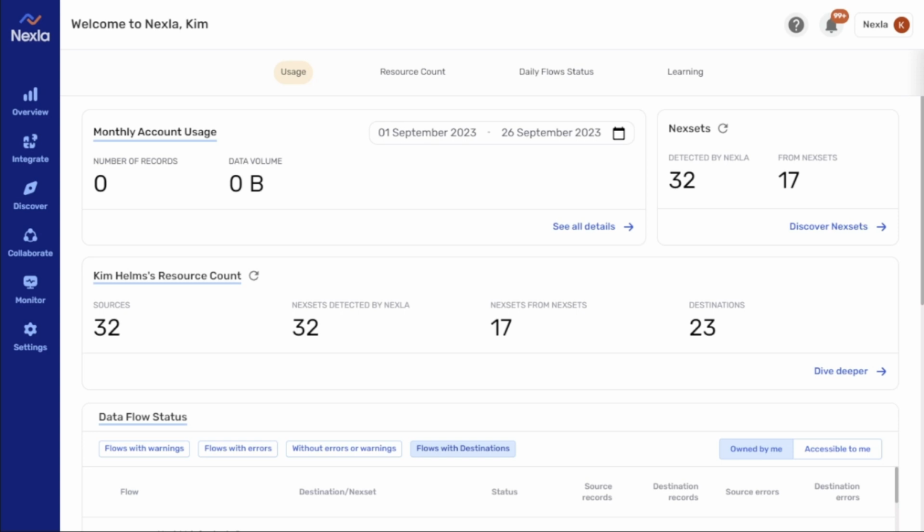Nexla's powerful platform allows anyone who works with data to easily and efficiently perform all aspects of data operations, including data discovery, data flow design and management, governance, collaboration, user administration, and more. This quick start guide first briefly introduces the Nexla interface and then demonstrates how to create a simple data flow